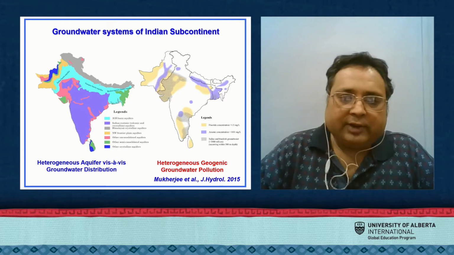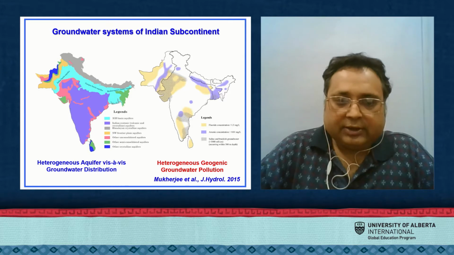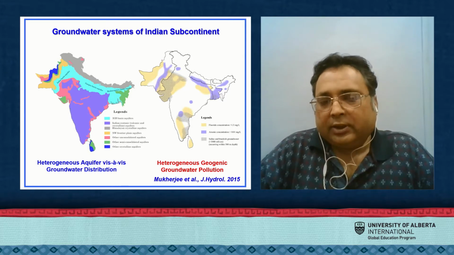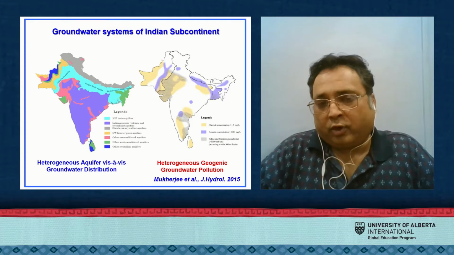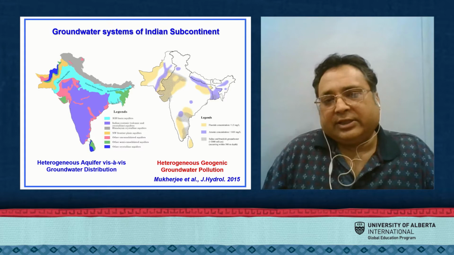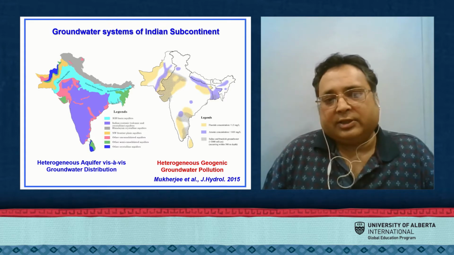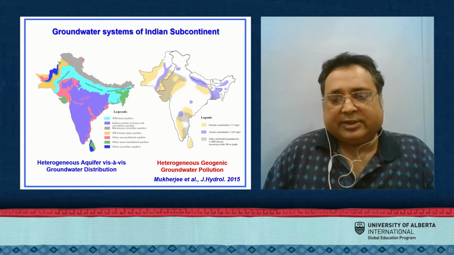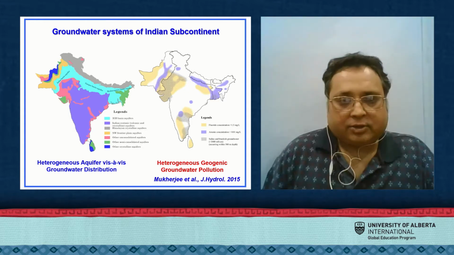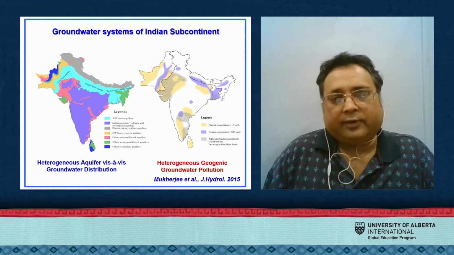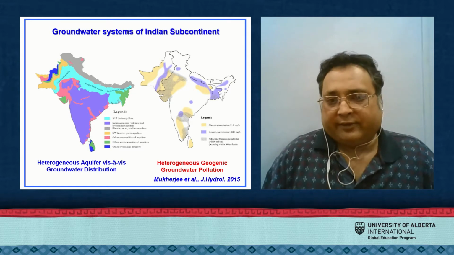It is the largest groundwater repository of this area. Now, this is also one of the largest groundwater systems of the world, and it hosts more than 1 billion people surviving on groundwater and the food production from this area. Now, if you look at the map on the right, you would see that the same areas are poisoned by naturally occurring pollutants. And these include arsenic, fluoride, salinity, and whatnot. So just having sufficient groundwater is not good enough. You need to have groundwater of sufficient quality.